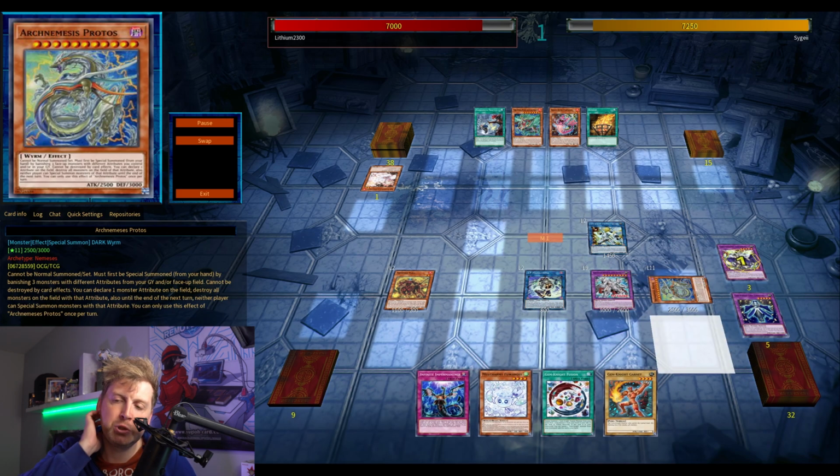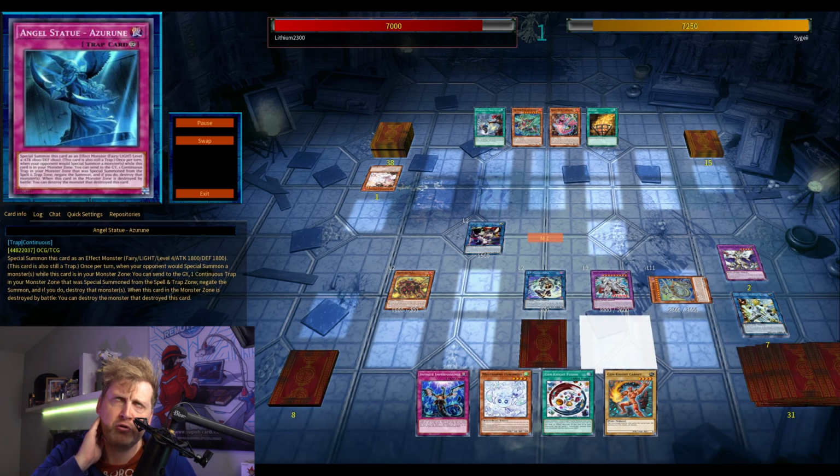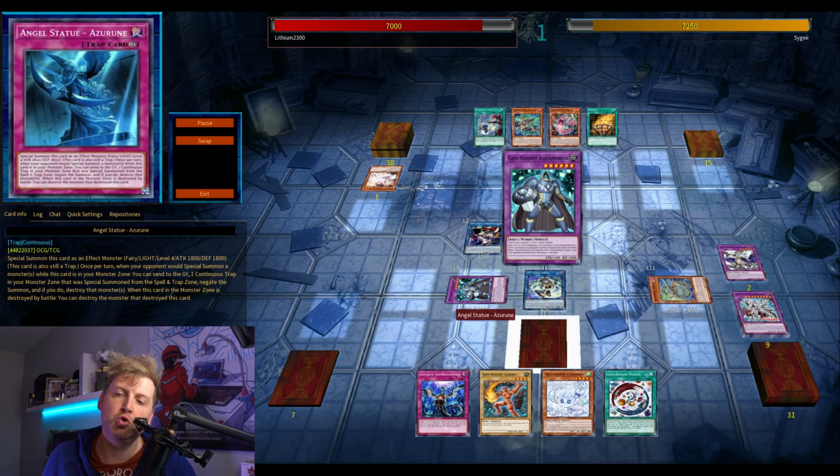This one, the Master, you can tribute itself to special summon up to 3 of your non-rock Gem Knights, and that includes extra deck summons. So what you want to do is, you could